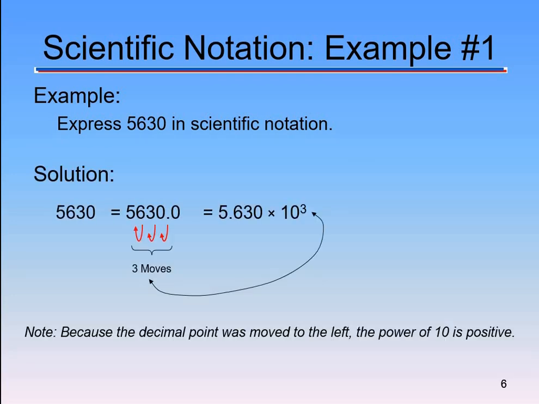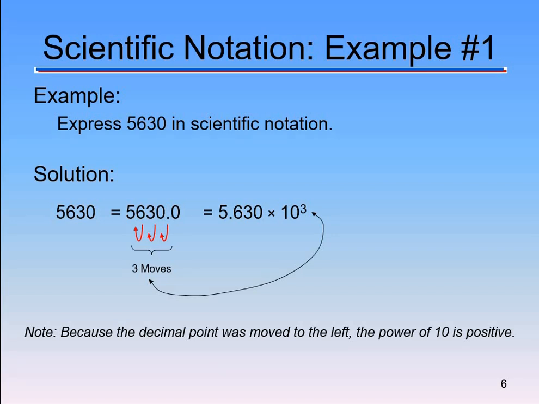Okay, so we're going to take that and move the decimal 3 places. If we see the number 5630, we know the decimal point comes after the 0, and we don't use it or write it. So we have to move the decimal place 3 places to the left. When we write this, you're going to end up writing